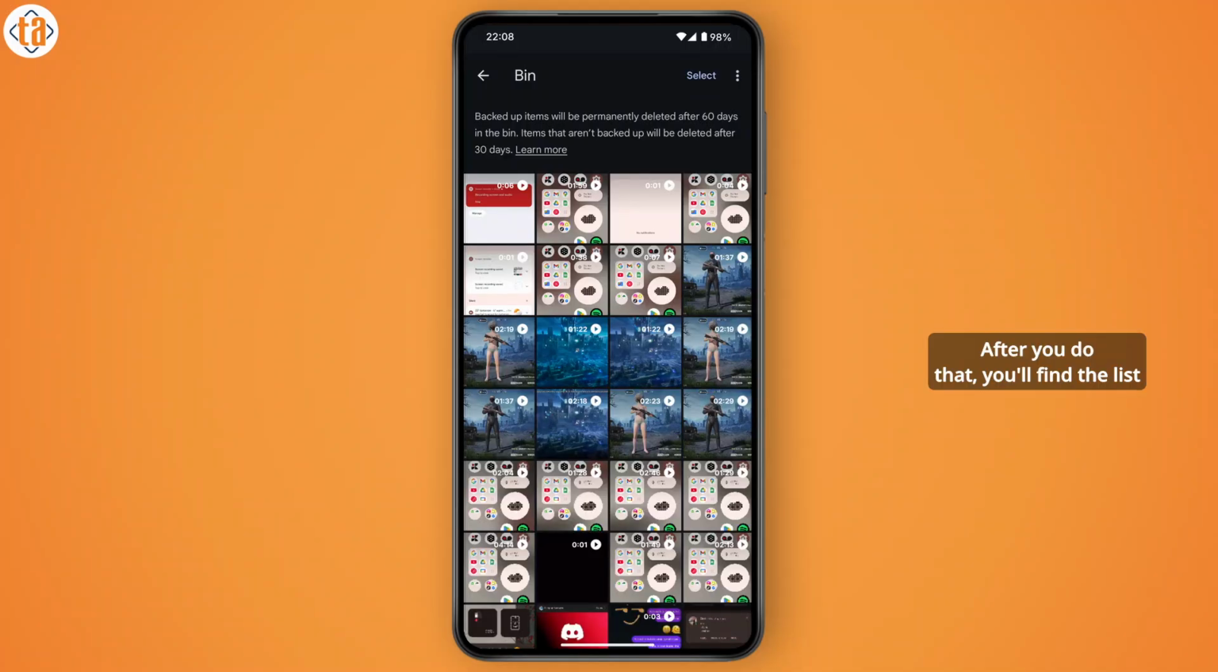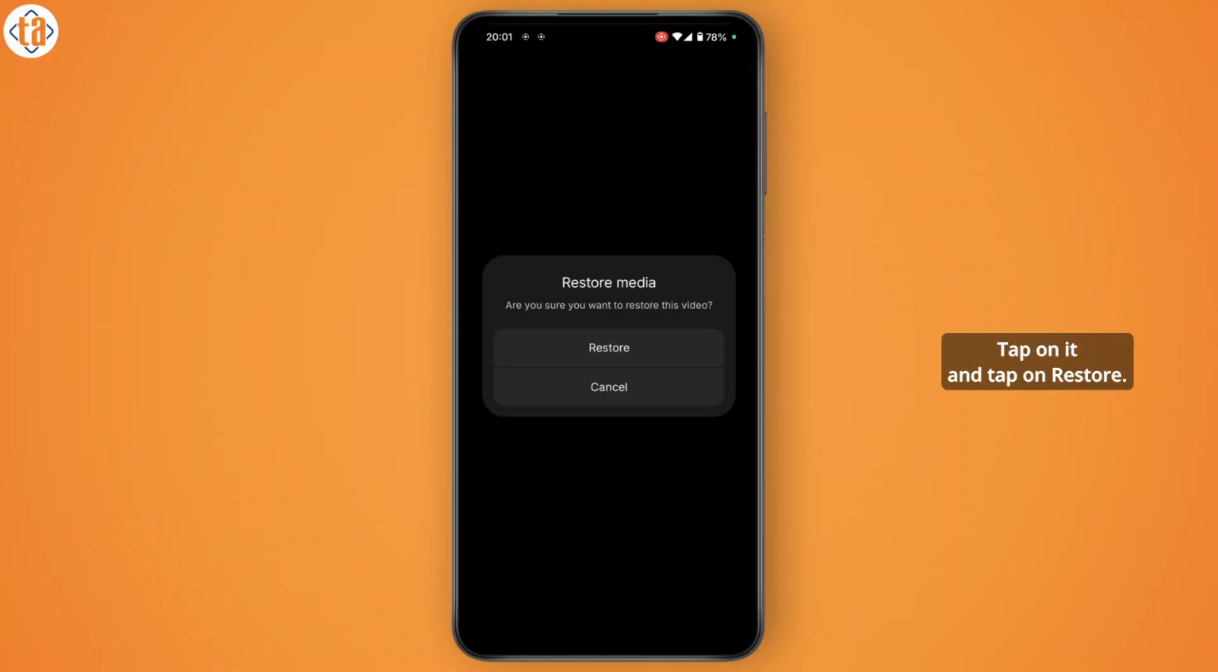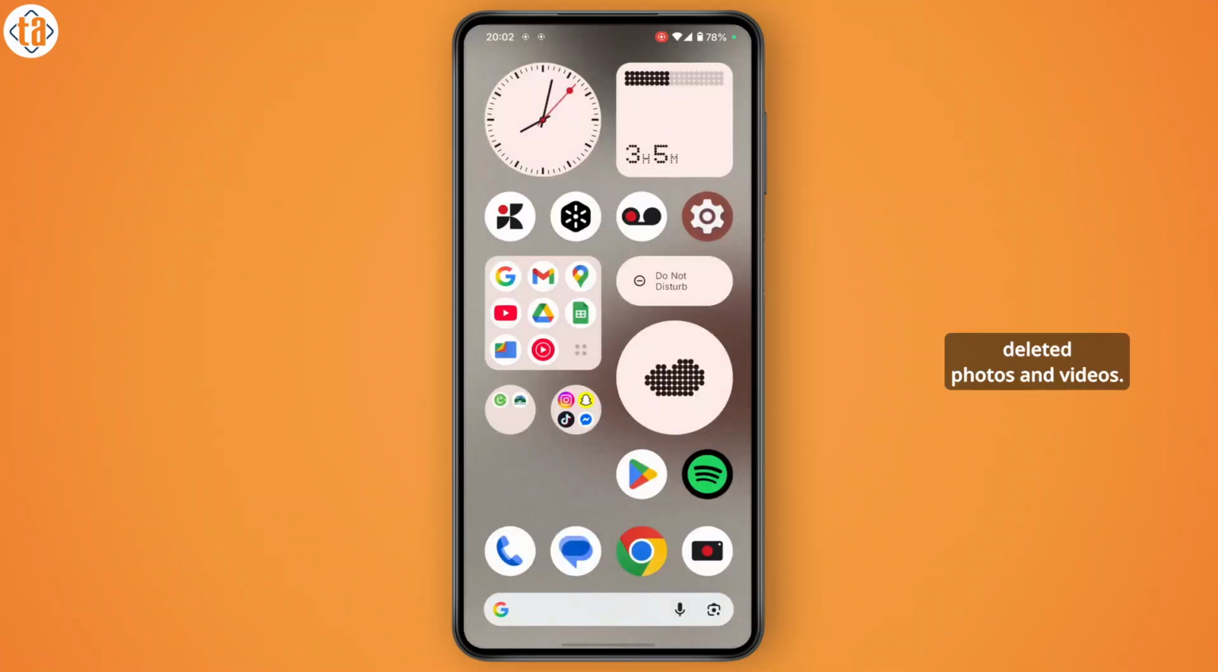Tap on it and go through the verification. After you do that, you'll find the list of all of your deleted videos and photos. All you have to do to recover them is select the video. Then you'll find the recover button right here. Tap on it and tap on restore. After you tap on restore, the video and the photo or whatever you select will get restored. And that's how you recover deleted photos and